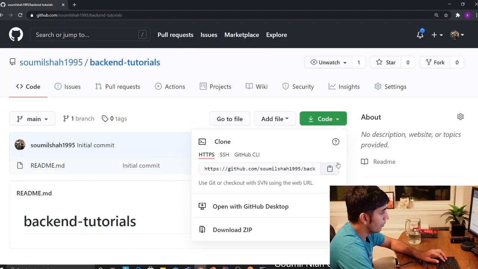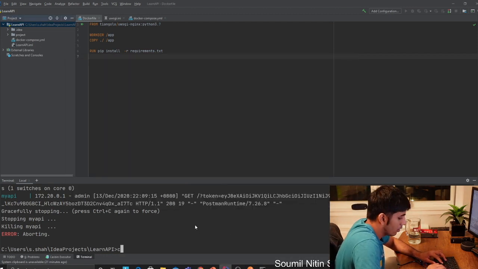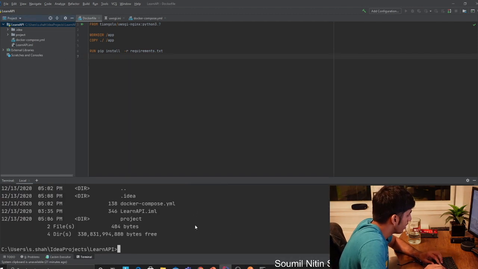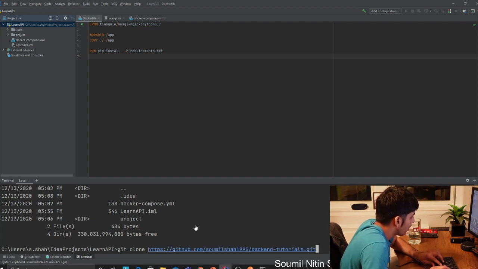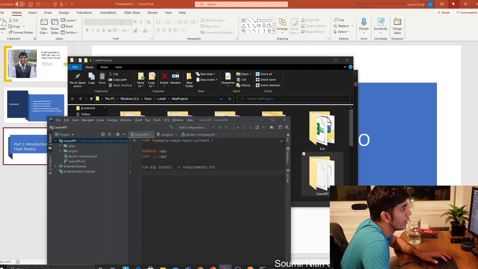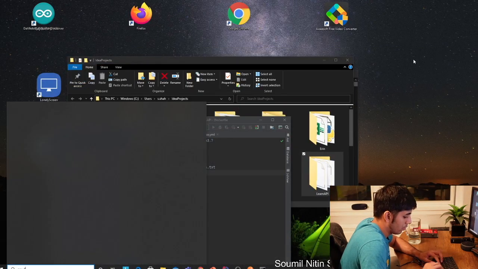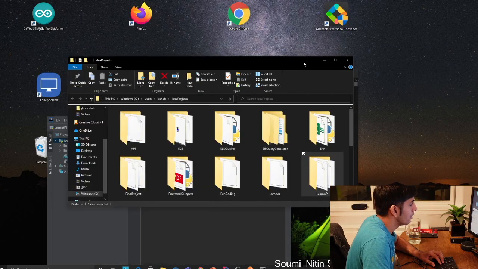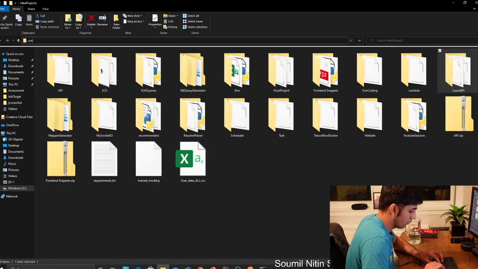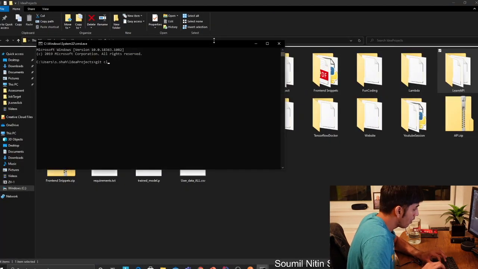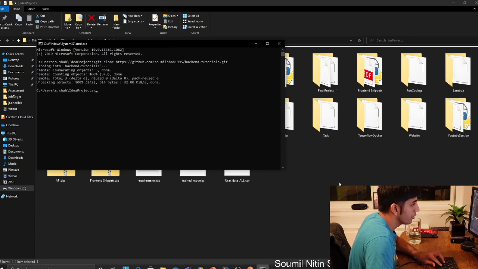So copy. Okay. Actually, you know what, let me just do it here. It's pretty easy to do it that way. I think I should have done clone. So I should clone the repository.